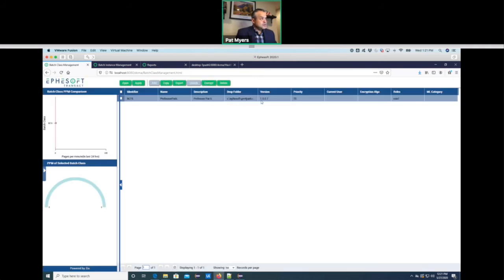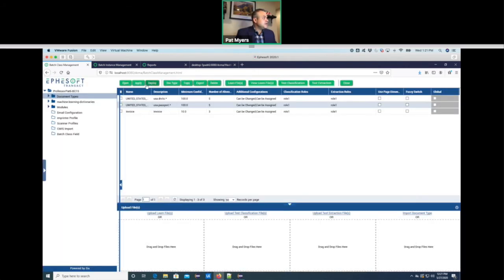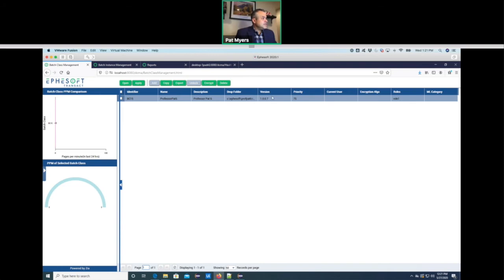you'll see that this has version 1007. That doesn't really mean anything. Every single time you come inside of here and do an apply, and then go back out here, even though I didn't make any changes, it will increment up to 178, 179. The first 3 digits really don't mean anything. The last one just increments up,